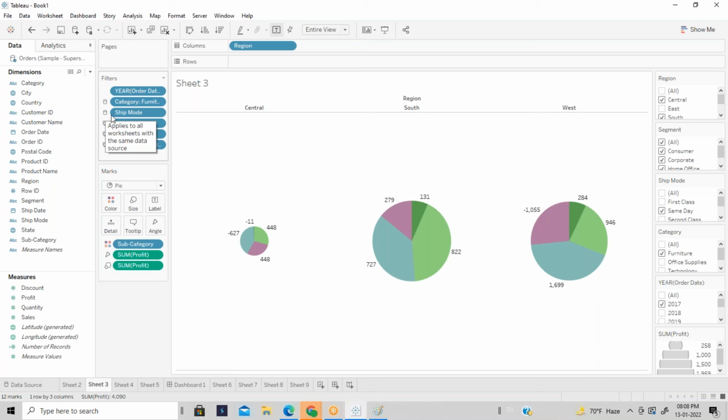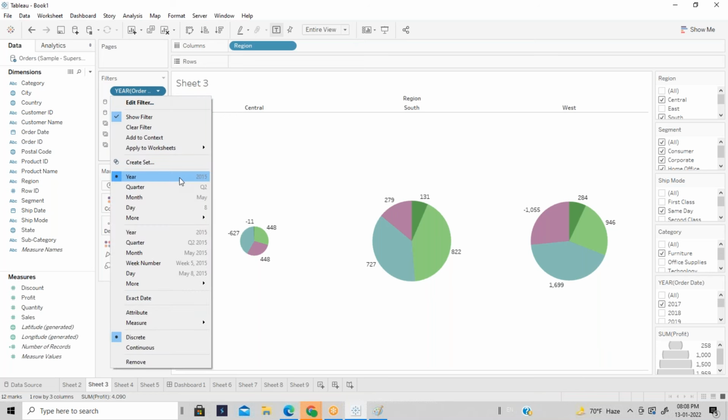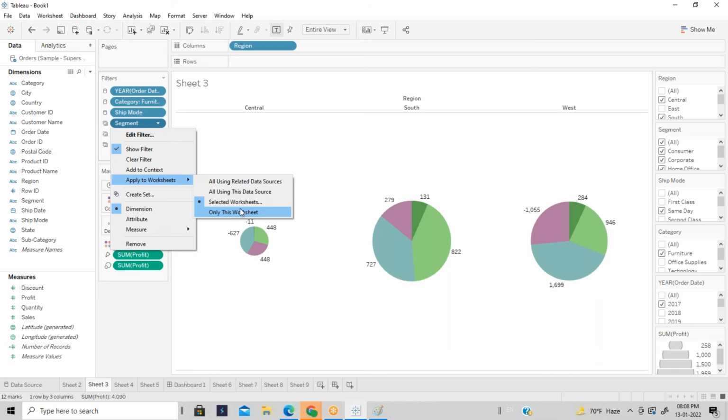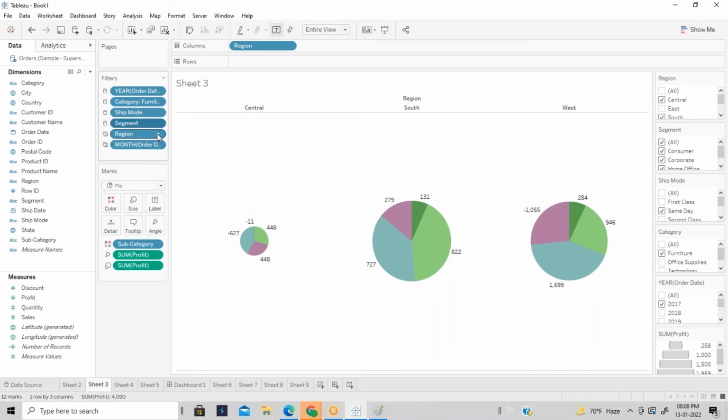You guys can see the cylinder symbol. If the filter is applied to the data source level, that is a cylinder symbol. Similarly, if you want to apply it everywhere, you can apply it to the worksheet at a data source level.